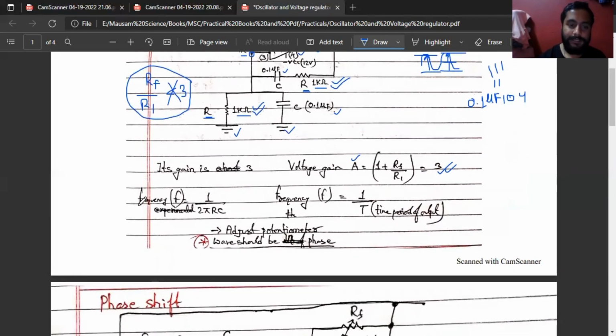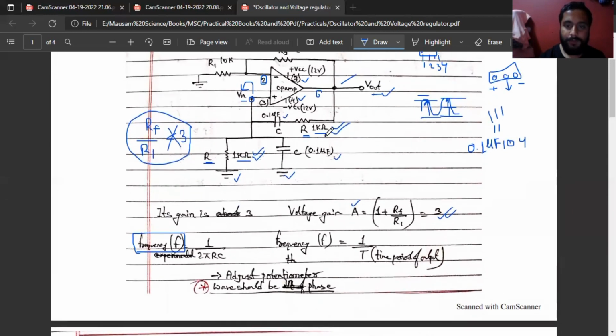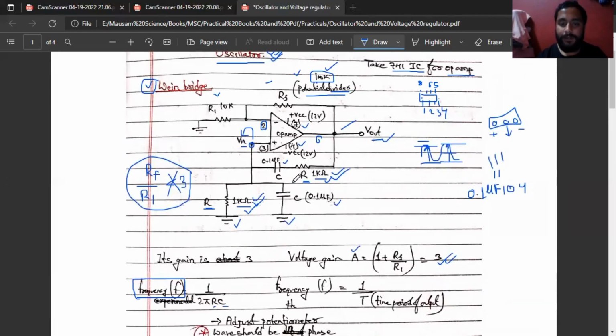Now the frequency to be measured over here can be measured with the formula 1 by 2 pi RC. This R and C value will be whatever we keep over here. For example, for 1 kilo ohm, we can keep 2 pi into 1 kilo ohm into C, that is 0.1 microfarad, and calculate the value of frequency. This is the theoretical frequency. And the experimental frequency can be taken out whenever we keep a 1 kilo ohm resistor,